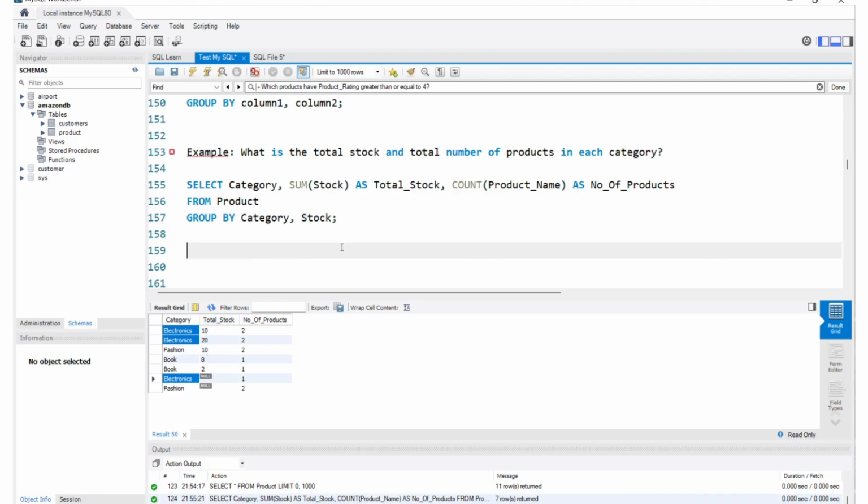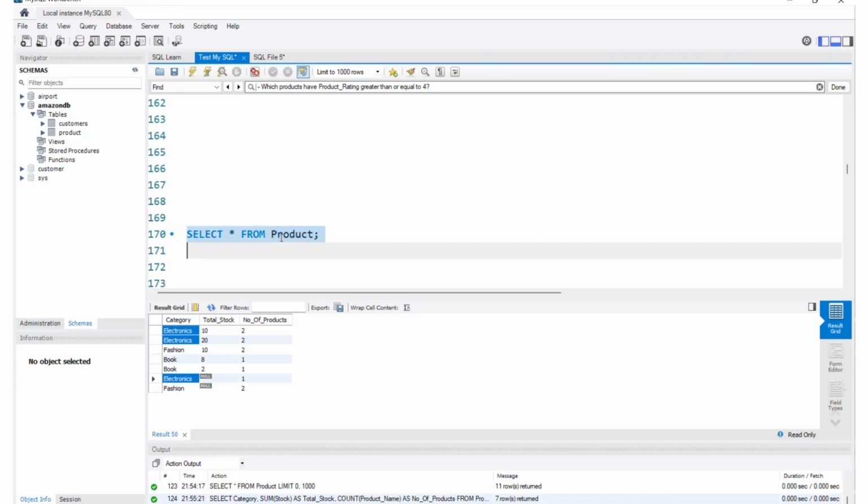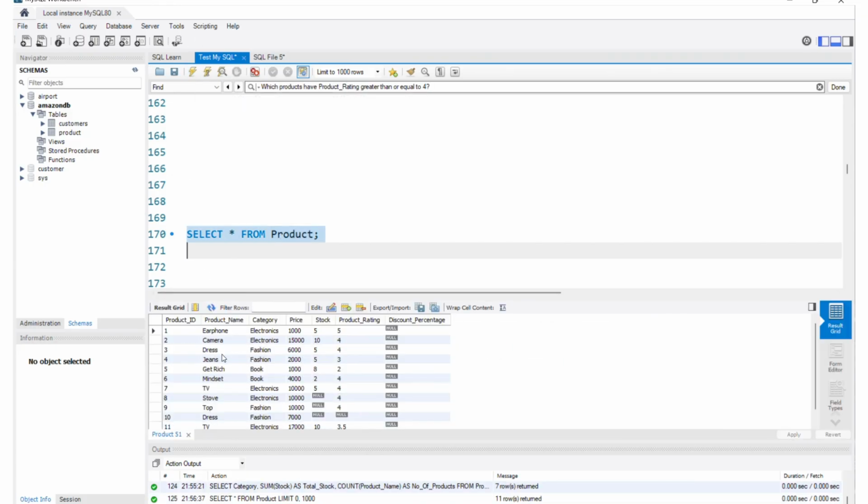Okay, and if there is any null value, that also will be captured. In this case, one product has a null under electronics. In fashion, we have two nulls. Two products are null under fashion. So let's see that as well, so you will understand. Under fashion, can you see, two values are null. Two products are null. That's the reason one fashion row is there showing two products under null,